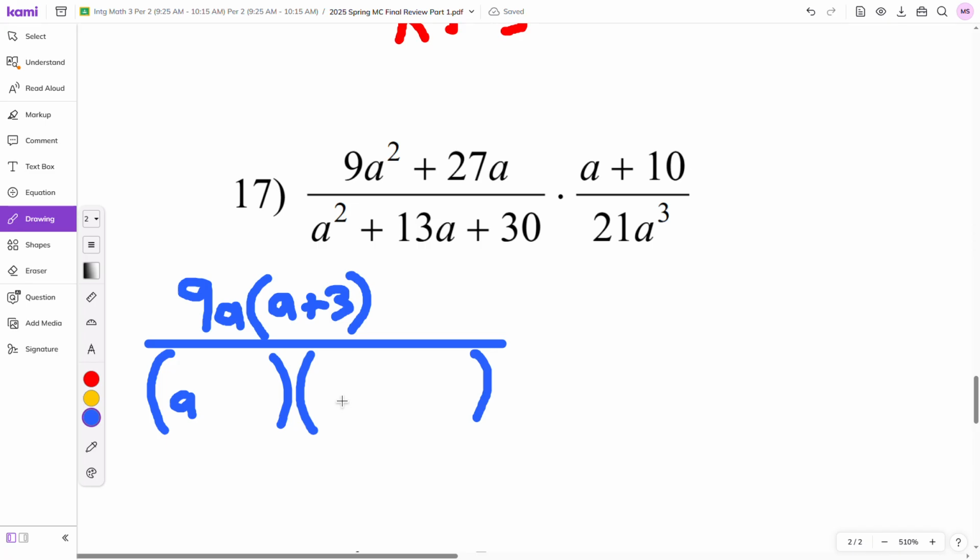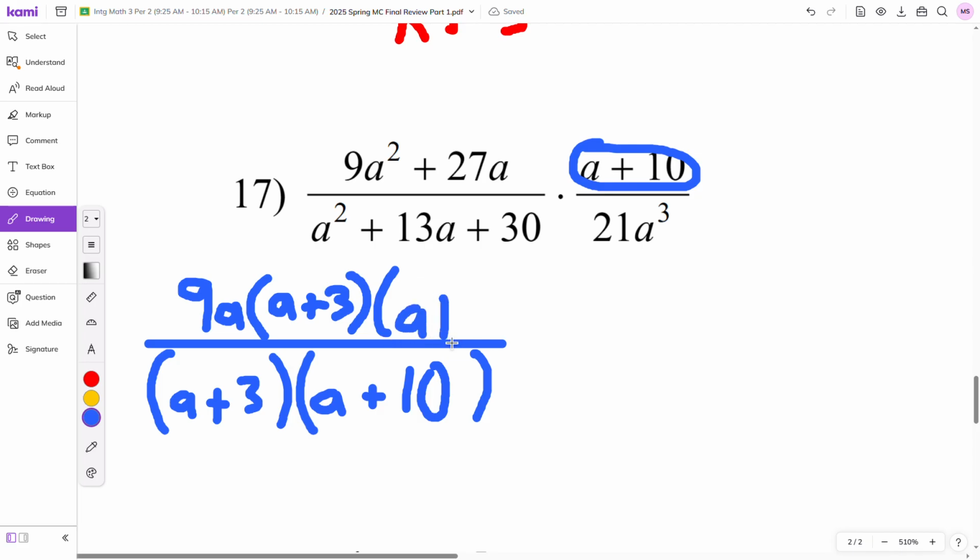And so Xbox says that 3 times 10 is 30. So it has to be a plus 3 and a plus 10. And then this over here, I'll go ahead and just add it to the numerator, because why not? So I'll just put that right here, a plus 10. And then we also have over 21a cubed, so 21a